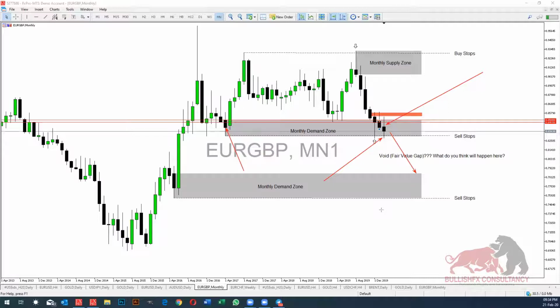But if that doesn't happen, there's the orange zone here that I highlighted. Remember, when the market pushes to the downside, it creates new levels of supply. We can see a strong correction to the upside before another